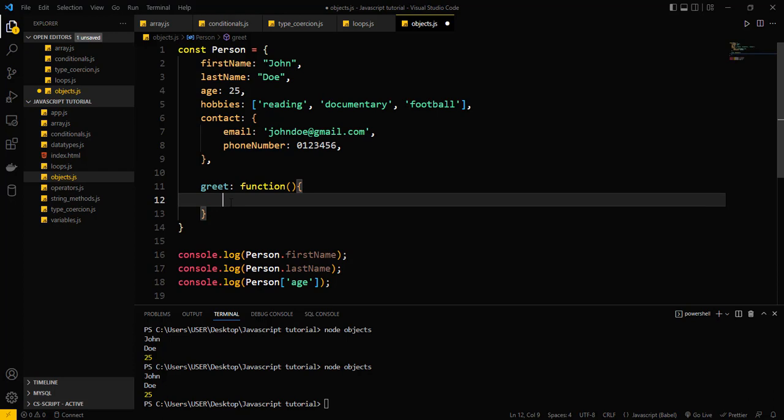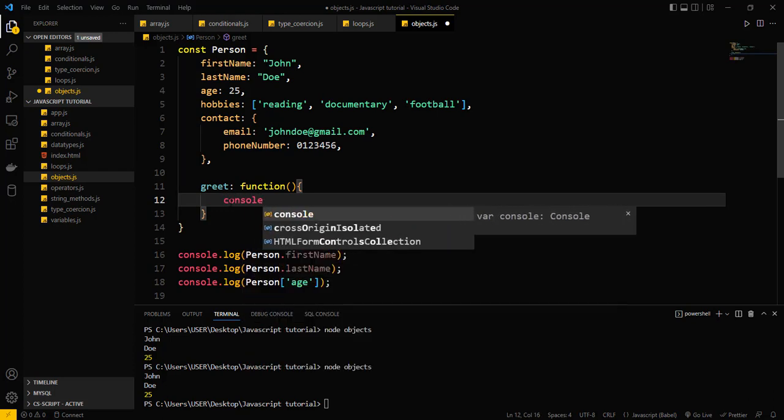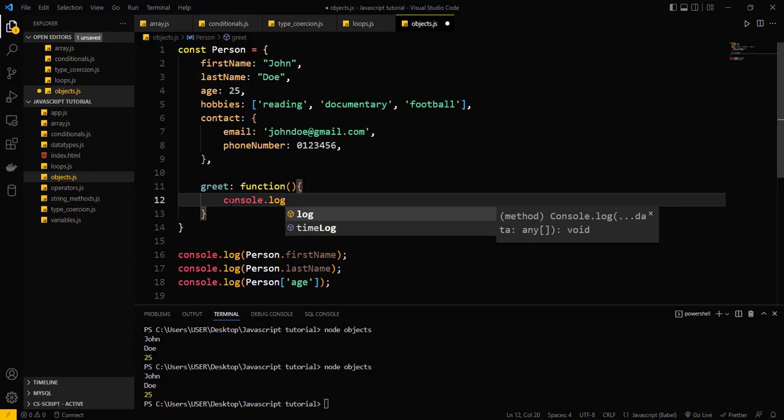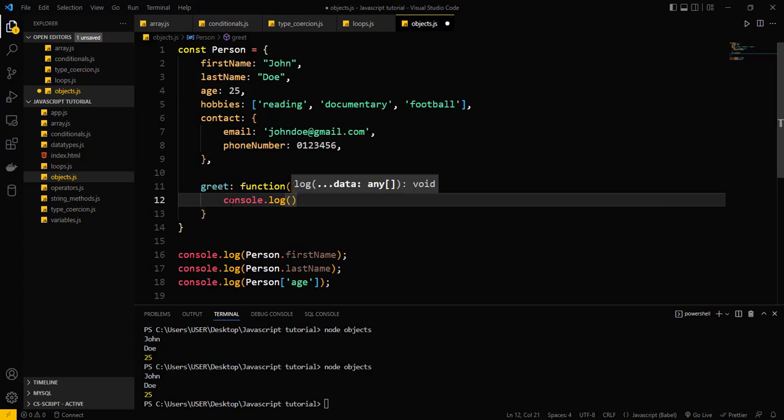So inside our function, we do console.log. What should we write? Okay, hi, and we use the backtick, which will help us to do string concatenation. So inside our backtick, we do hi, my name is. So we want to use the names up here, right? So we just do my name is